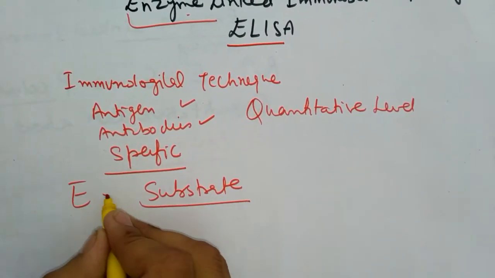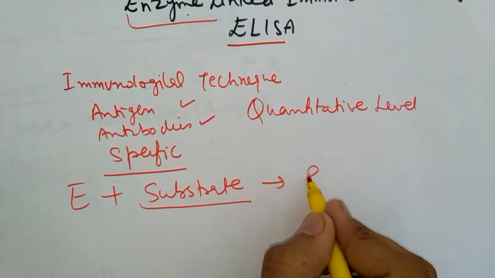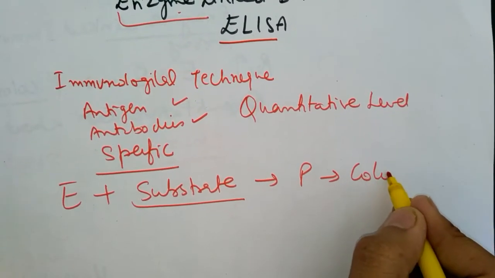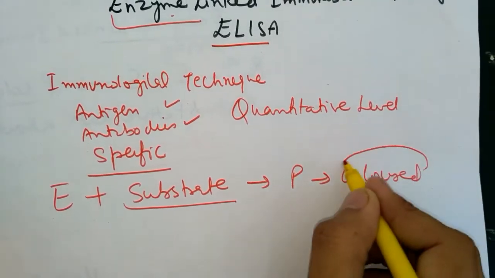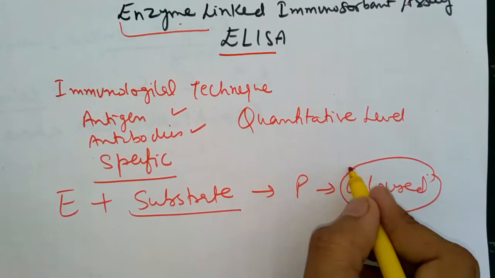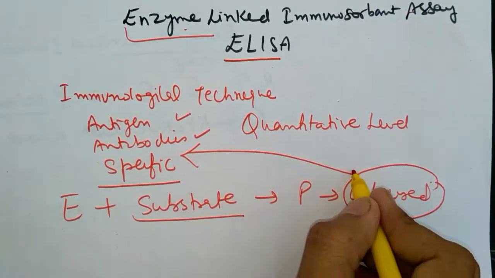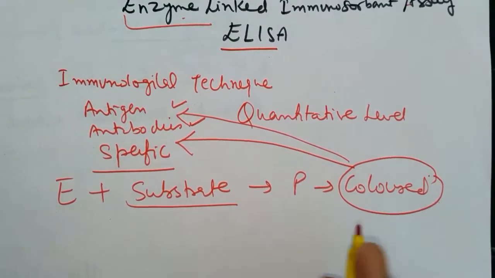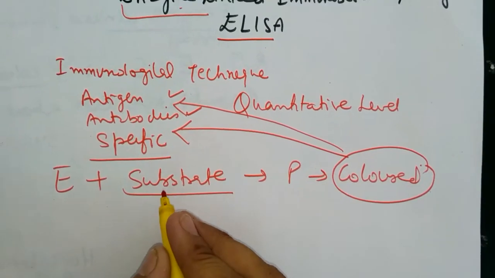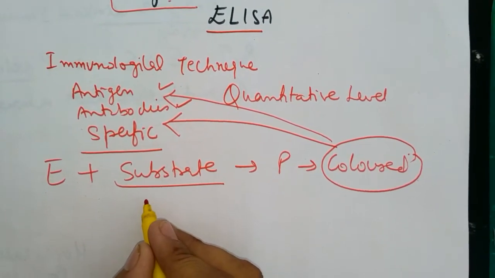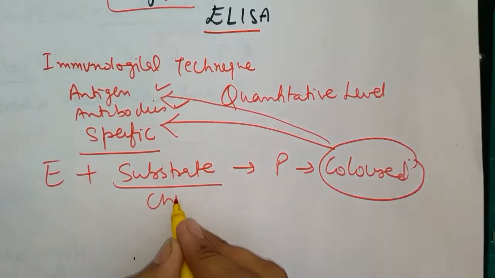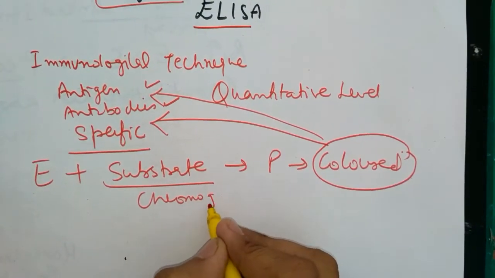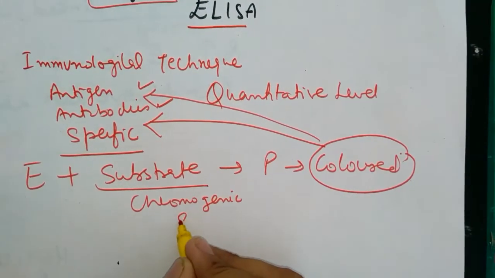When it reacts with the enzyme, it produces a product that is colored, and the occurrence of the color estimates the presence or absence of various types of antigens or antibodies. The color producing substrates are also called chromogenic substrates,